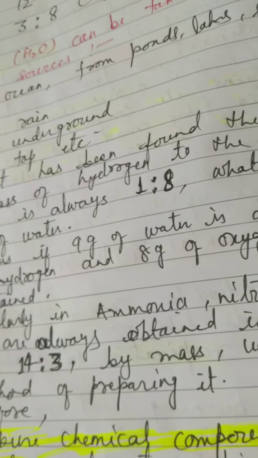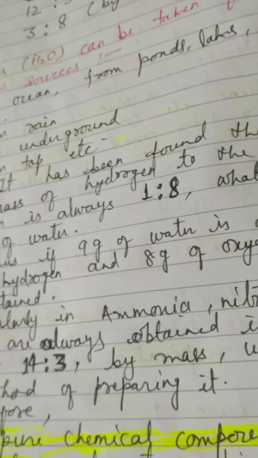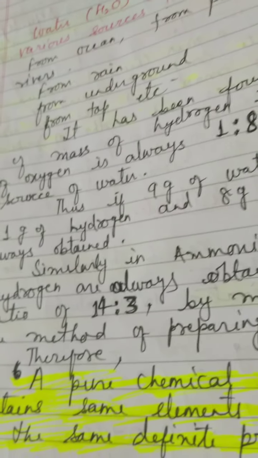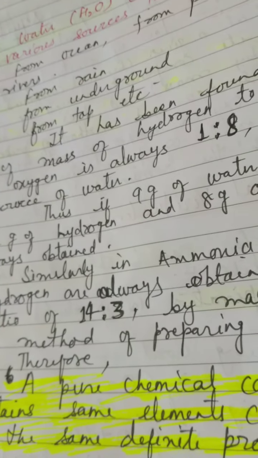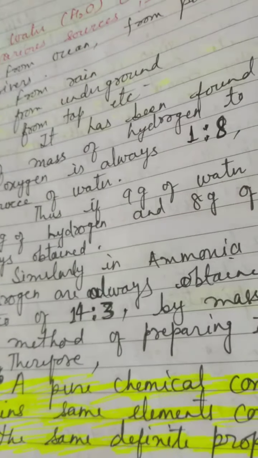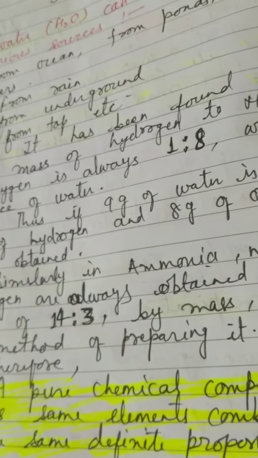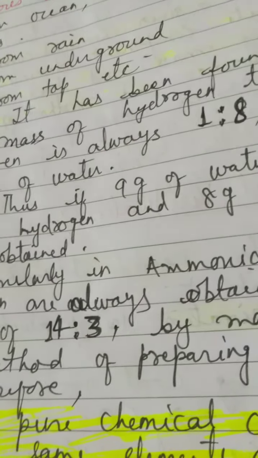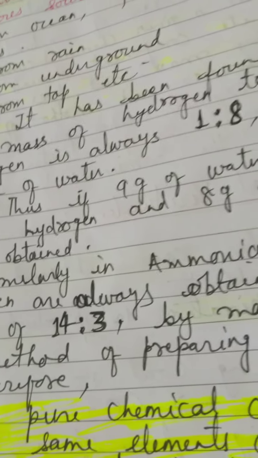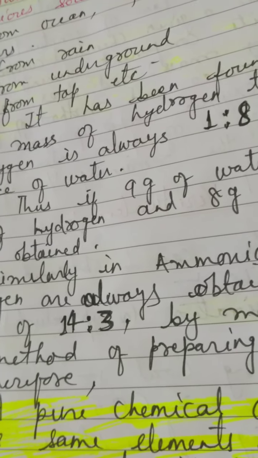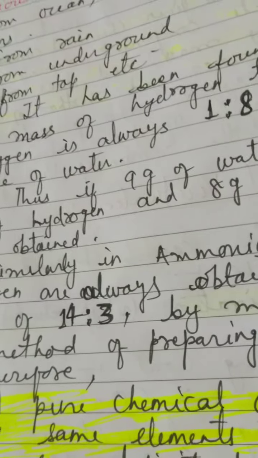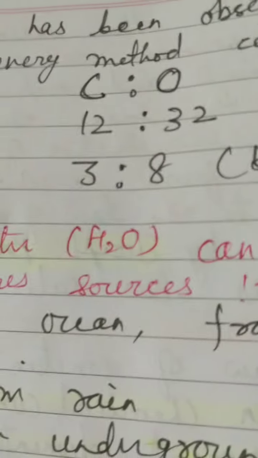From wherever you get the ammonia gas, it keeps nitrogen and hydrogen in the ratio of 14:3. This is because nitrogen has 14 unified mass as its atomic mass, and hydrogen has 1 unified mass, and since hydrogen has 3 atoms in ammonia, the final mass ratio will be 14:3 here. So here you can't see any cancellation. The smallest proportion will be 14:3,